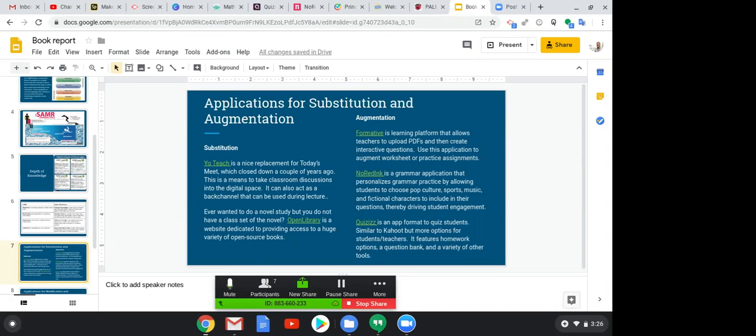Moving forward, NoRedInk. For those who haven't had access to that one yet, again, I try to show tools that are free. NoRedInk is a grammar application tool. It's an augmentation tool because, again, you can do grammar practice on a piece of paper. You can sit down on a piece of paper and really go over different aspects of grammar. But NoRedInk is augmentation because when you get onto NoRedInk, it's going to have your